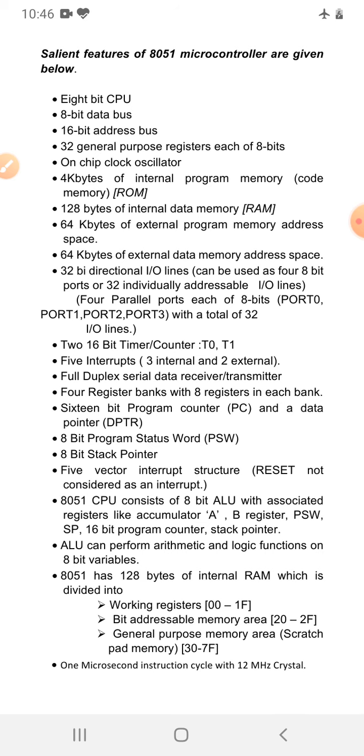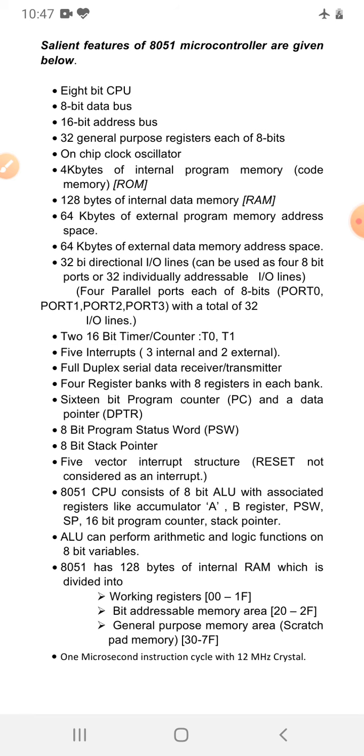If the internal memory, whether the 128 bytes of RAM or the 4 kilobytes of internal ROM, is insufficient, then external memory can be connected, and the maximum memory which can be connected for the Intel 8051 is 64 kilobytes, because 16 address lines can access only 64 kilobytes of memory locations.